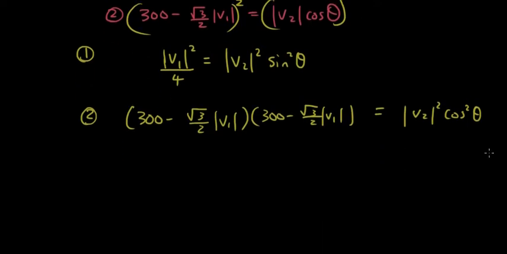And now we want to try and expand this out. If you're okay with binomial expansions, you can do it a little bit quicker, but basically it's going to equal